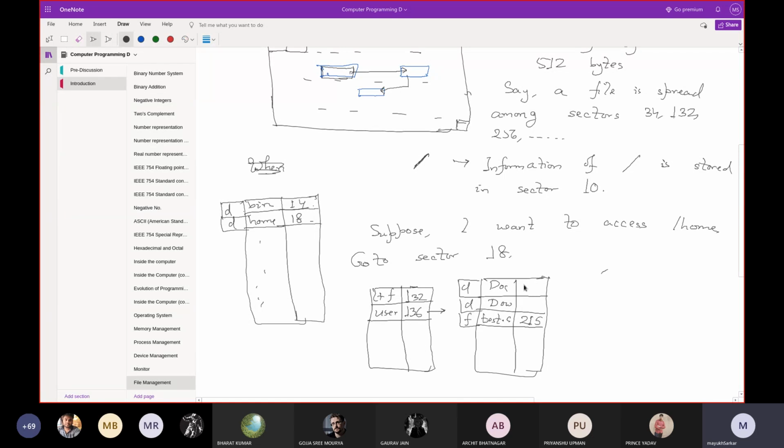Whereas suppose documents is at sector number 200, if you go to sector 200, you will see another list there, which are the contents of the documents subdirectory, and it goes on. So every directory is nothing but an index, whereas files are the main content.